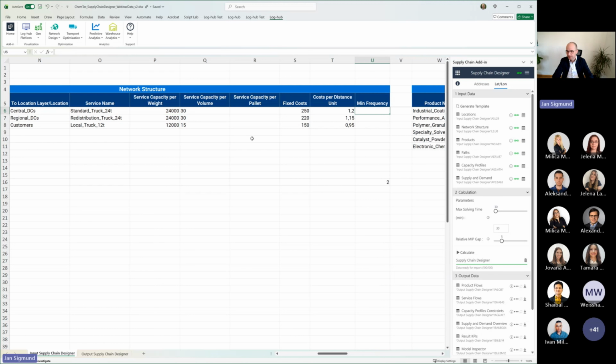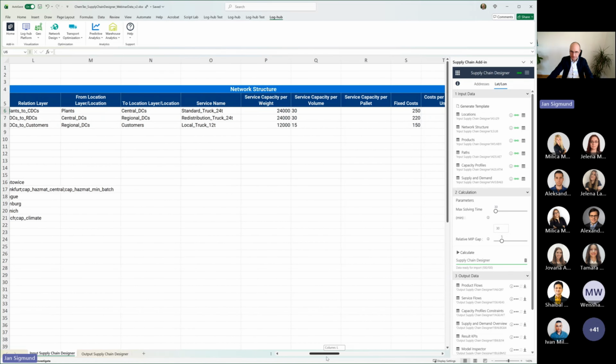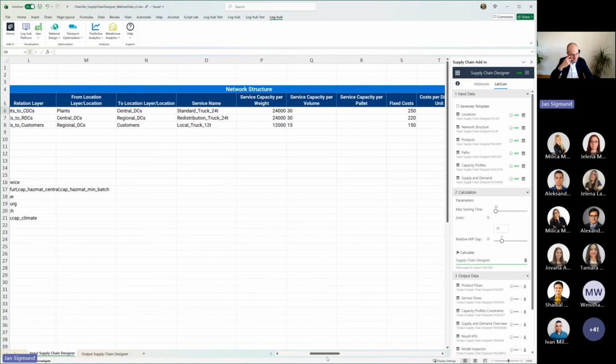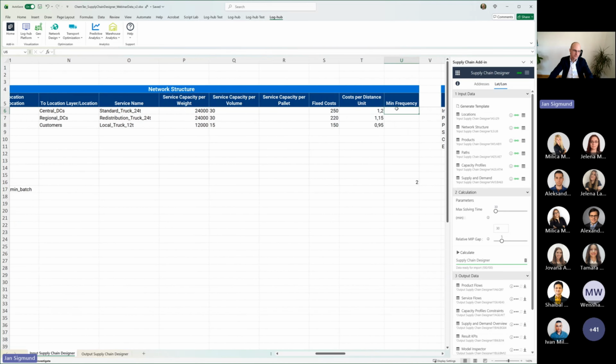There's one additional column here. That's the minimum frequency. In principle, this supply chain designer model is a static model. So this means explicitly there is no time dimension in this model. And so this minimum frequency column is an optional one. For example, if you have here now a time horizon of 8 weeks, so your planning horizon is 8 weeks, and you say, okay,